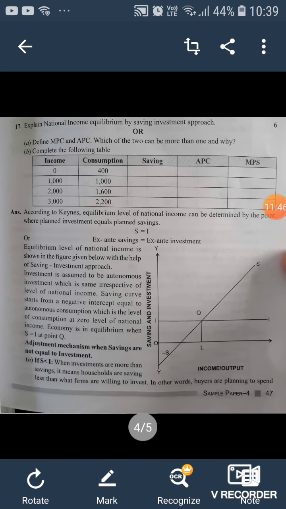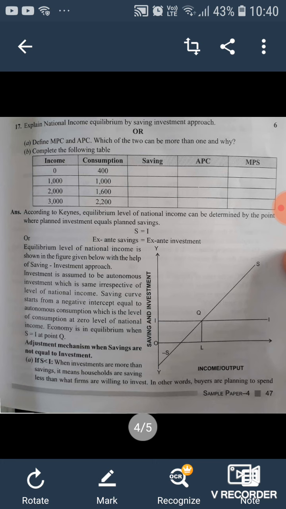So what is important in this concept is ex-ante saving and investment. Ex-ante saving and investment, as given in your books also, is about planned saving and investments. These are something planned by the people. Ex-ante is planned and ex post is what actually happens after planning. So we discussed that ex-ante savings, or planned savings, are equal to planned investments.